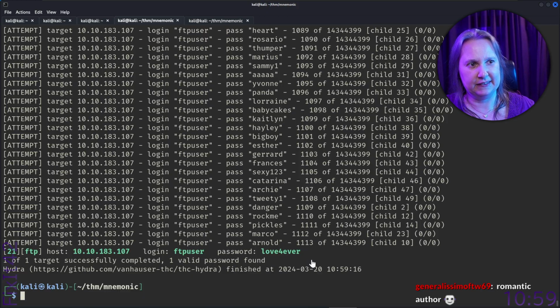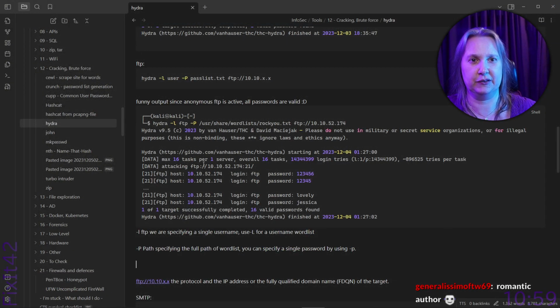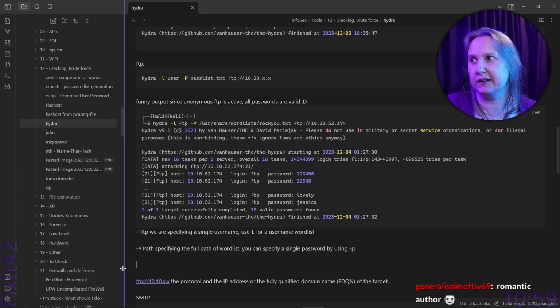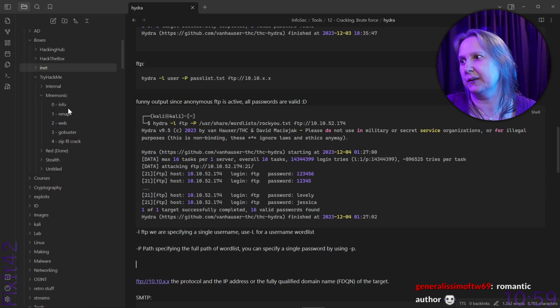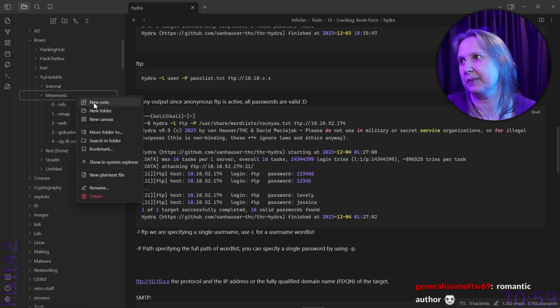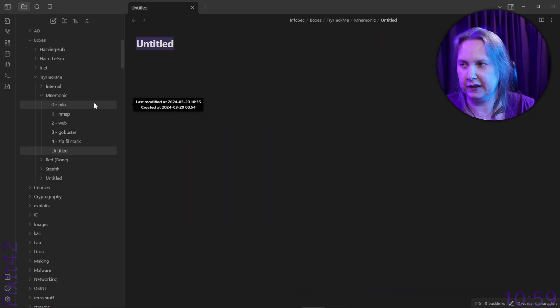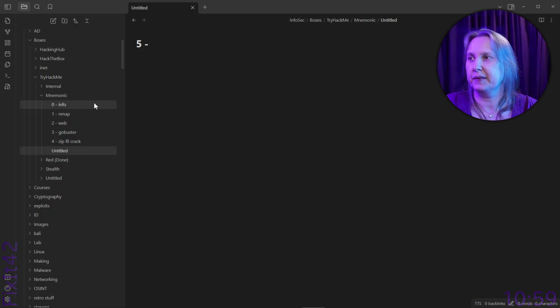So let's, we won't put all this in our notes, but we're going to put the top part of the command and the result. So I'm going to go up here and add stuff in between there. Maybe, oh well, I can change the numbers then.